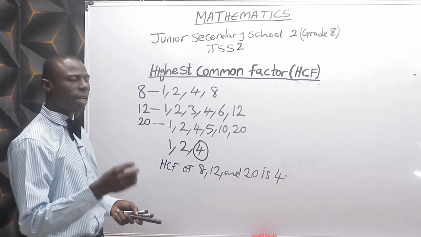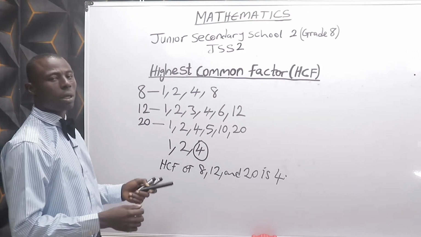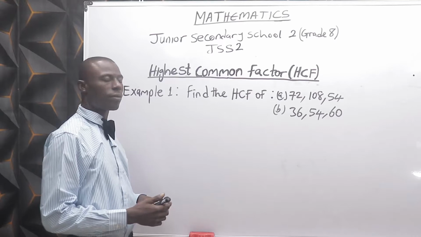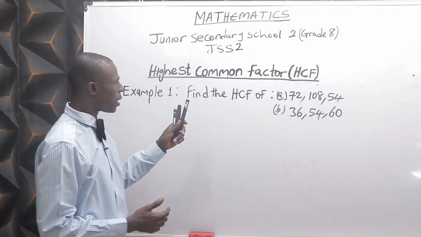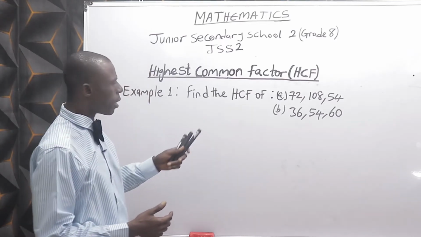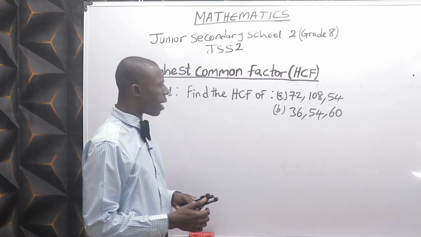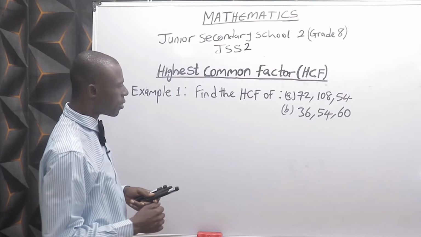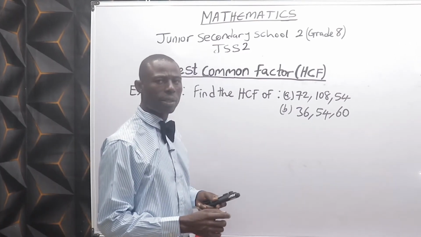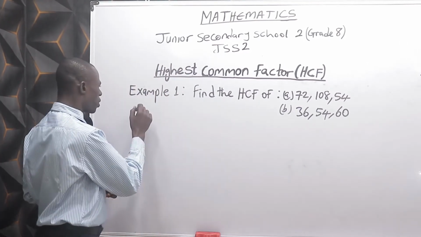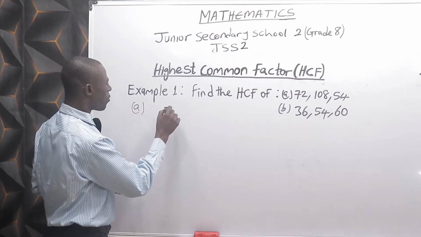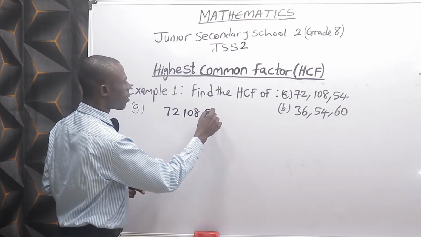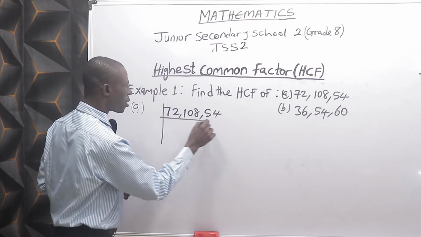Let's consider a very good example of HCF. Example 1 under HCF, highest common factor. Find the HCF of A: 72, 108 and 54, B: 36, 54 and 60. Question A: 72, 108, 54. Using long division method,